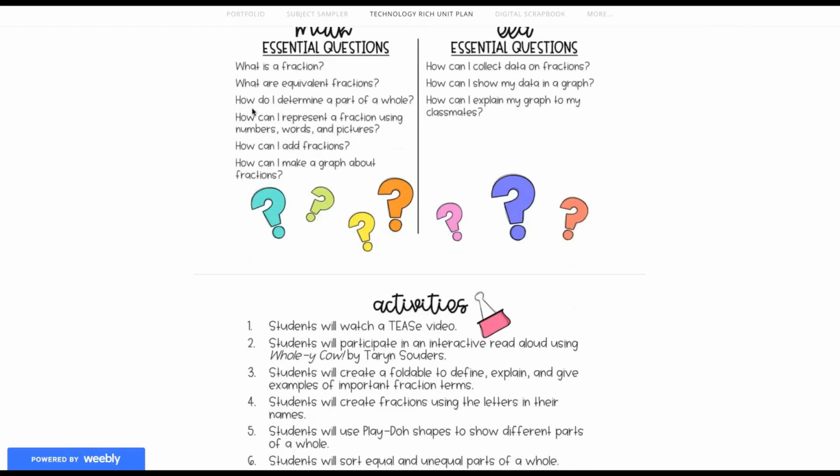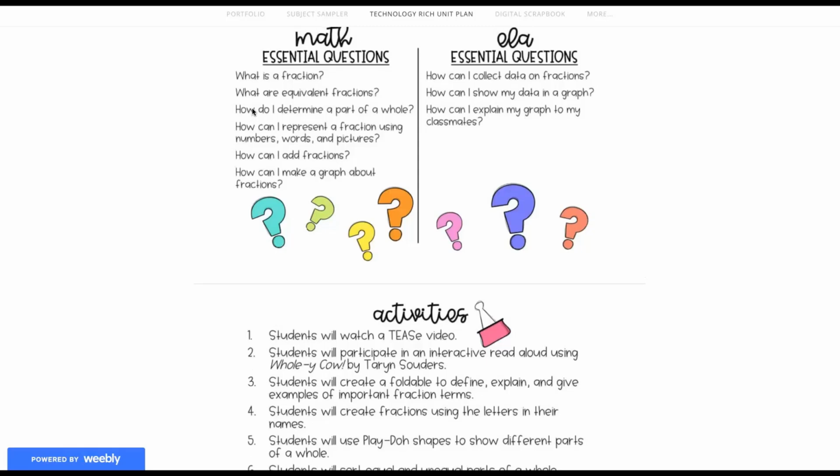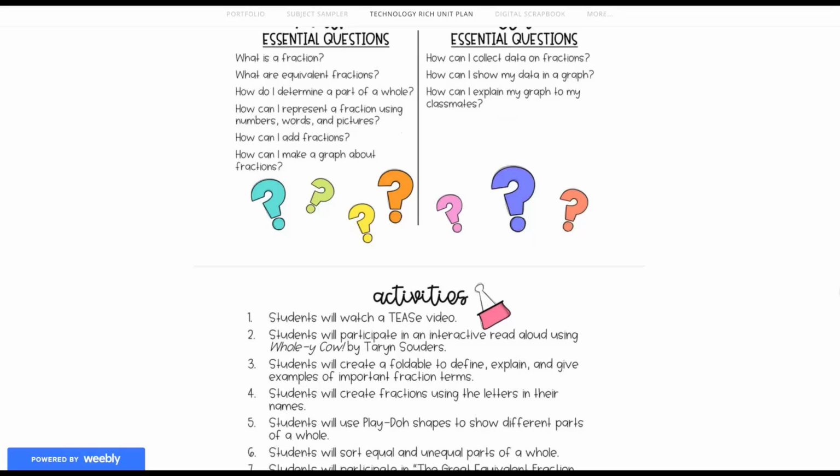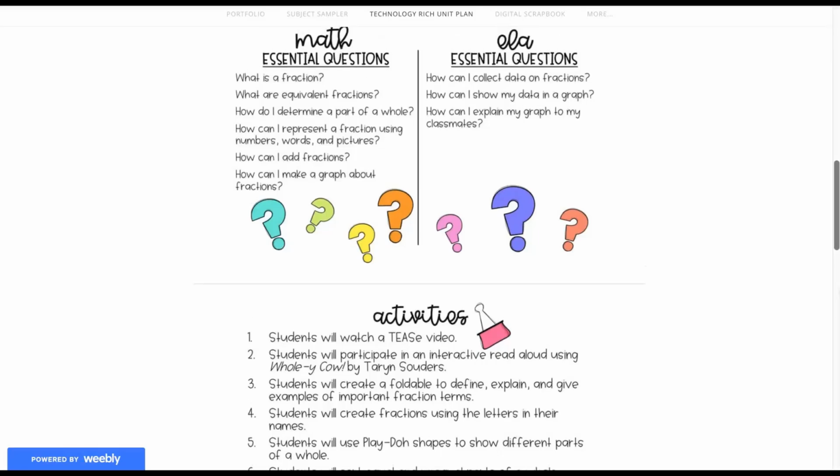Let's now look at the essential questions. You will notice that these essential questions are not easily answered yes/no questions. Instead, they're questions that require the student to think and reflect upon what he or she has learned over the course of the unit, or what they will learn as they engage with the unit. You will want to include at least 4 total essential questions, or at least 2 questions for each content area.